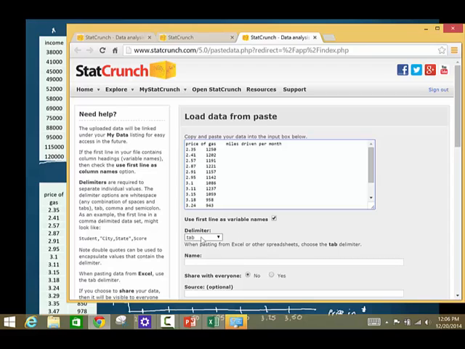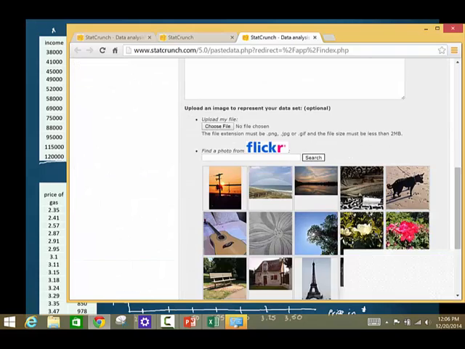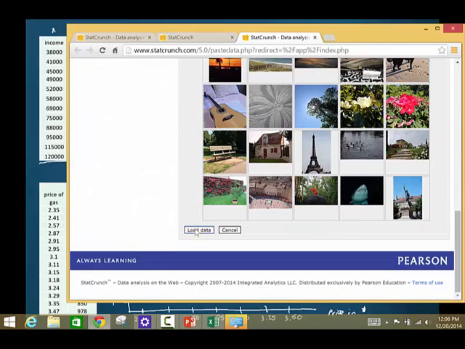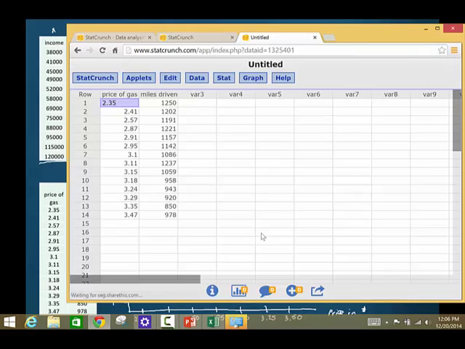Our delimiter is going to depend on how the data is presented. We could have white space, tab, comma, semicolon. I'm going to leave it as tab. And then I'm going to come to the bottom and click Load Data. And now the data has been loaded into this nice sheet here